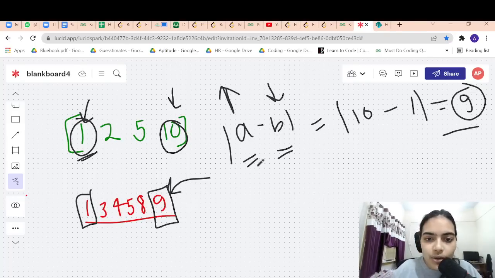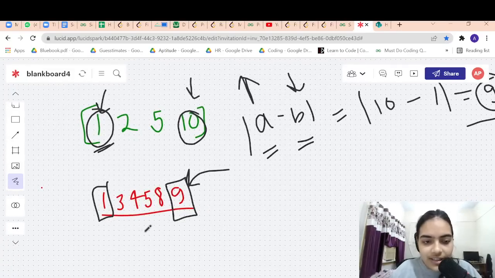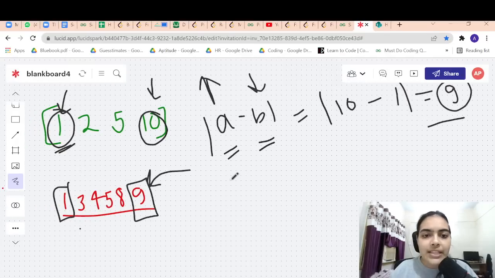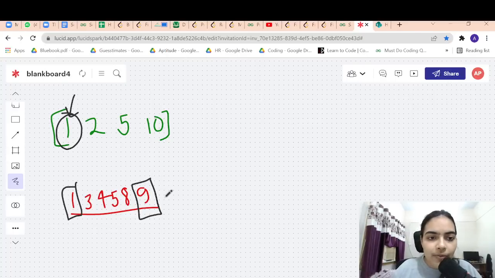All the absolute difference pairs that I have listed here, all the numbers that I have listed here, which are just the absolute difference between any two numbers in this array, are going to be less than or equal to 9, because 9 is the maximum value that you can get here: the maximum number minus the minimum number, the absolute difference of that. Okay, so we know what is the maximum value that we get.